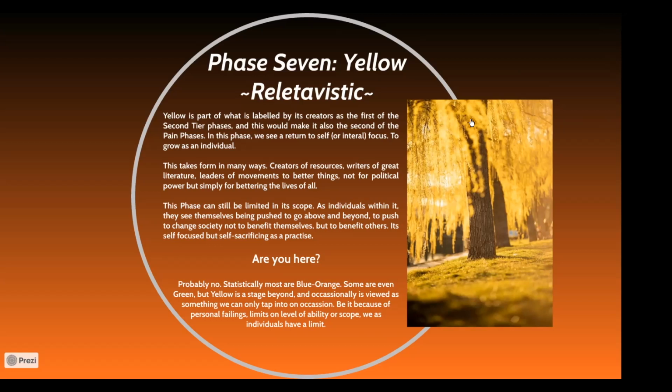But yellow is a stage beyond and is something that we can only tap into on occasion. We are currently still held back by society, but also we get a lot of social contagion essentially. We can't comprehend this quite yet because we don't live in a society that benefits it. However, I would say there are examples of people in yellow. Nothing is popping to mind yet, but I do have an example of the next stage, which is insane.